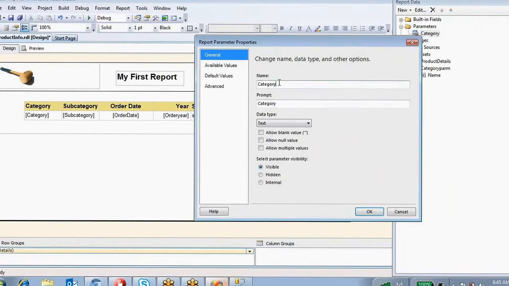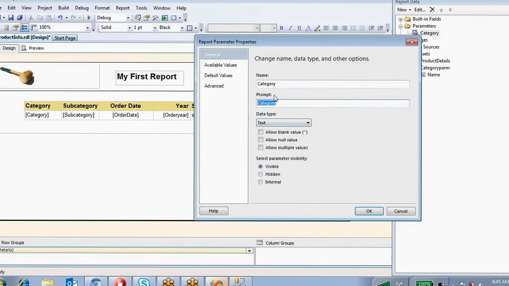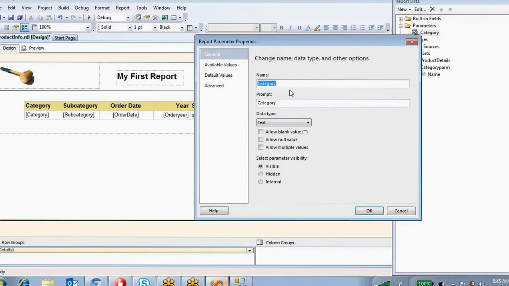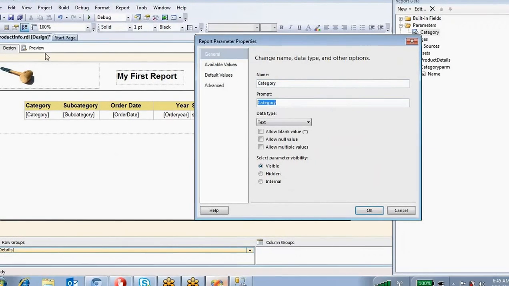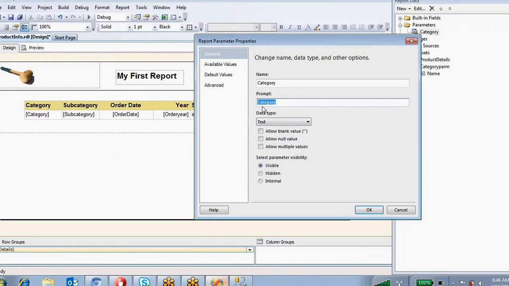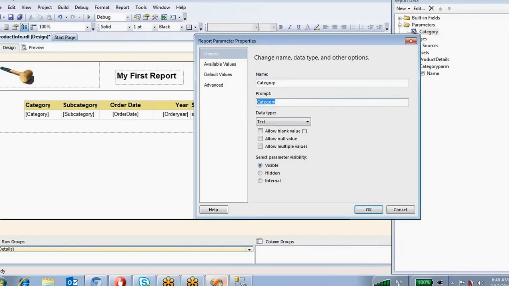See here, what is this name and what is this prompt? The name is the category name, and the prompt is what is shown whenever you preview this report. It is showing the category parameter name. If you write some other name like category name, that will come differently.